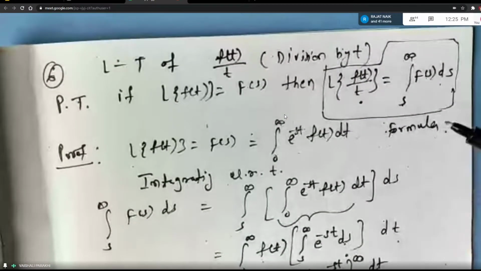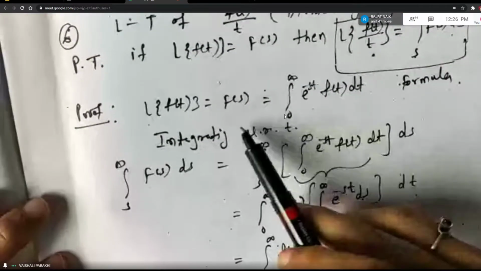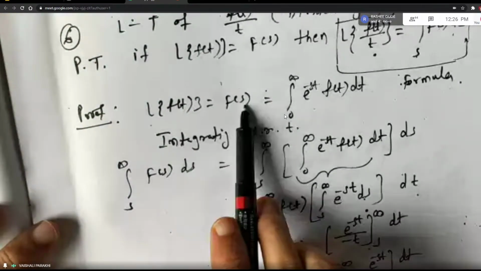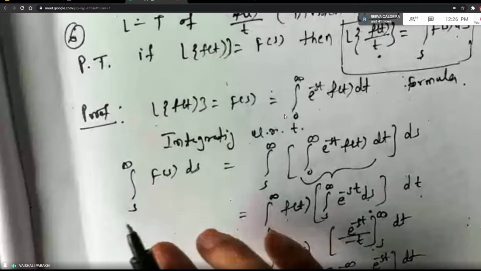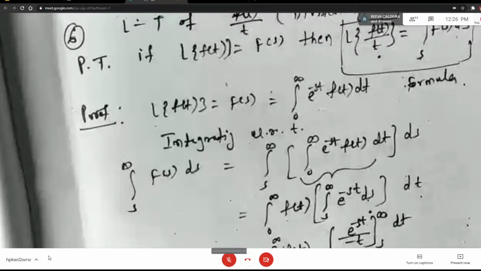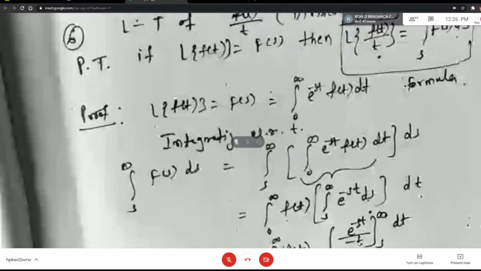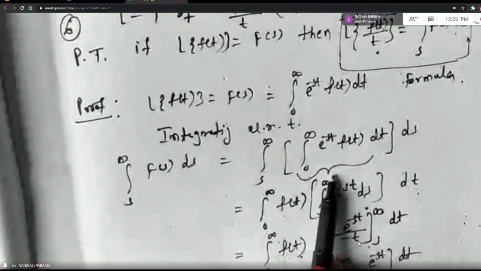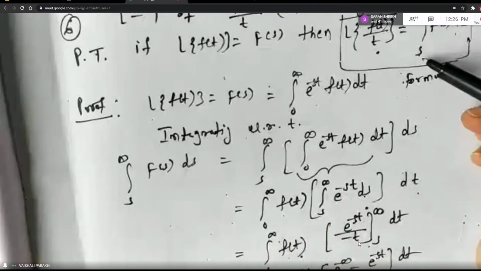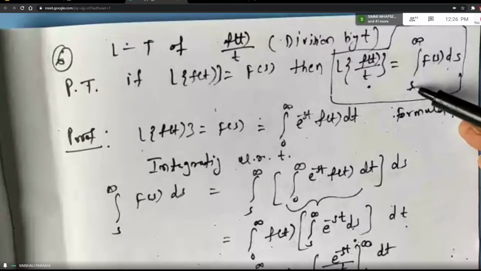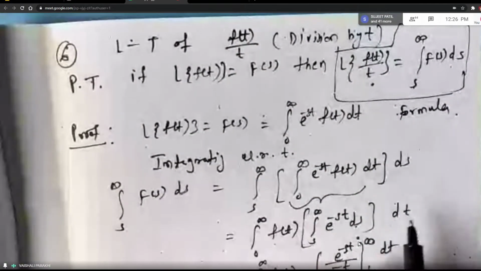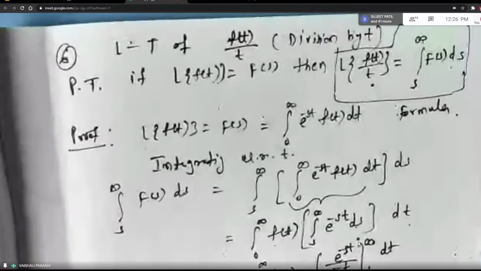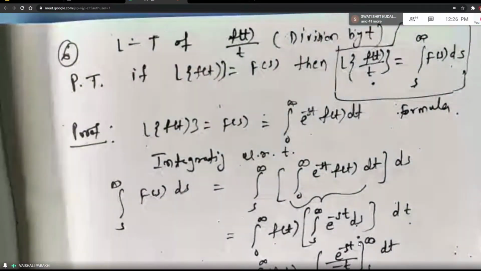Based on this working rule, we have solved the problems, if you remember. And now, as I said, we are going to prove this. So starting is what? L of f of t is equal to f of s. This is our main formula. Now in the proof of the previous formula, we had differentiated both sides, correct? Here we will integrate both sides because our formula is in terms of integration. Integrate both sides with respect to t, within the limits s to infinity. This is the right hand side already, which is again one more integral. So integral within integral, so it is a double integration on the right hand side.